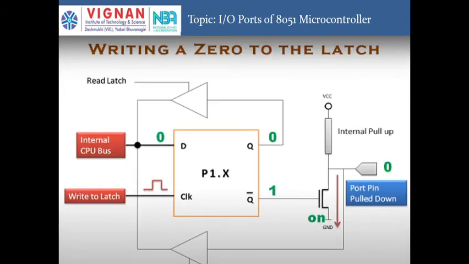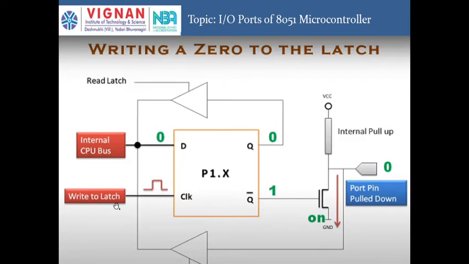Writing a 0 to the latch. The process of writing 0 is very simple. First we have to write the value of what we want. For example, we want to write 0, so we have to communicate with the internal CPU bus by writing some program. Through the CPU, we can send the data 0 to D,